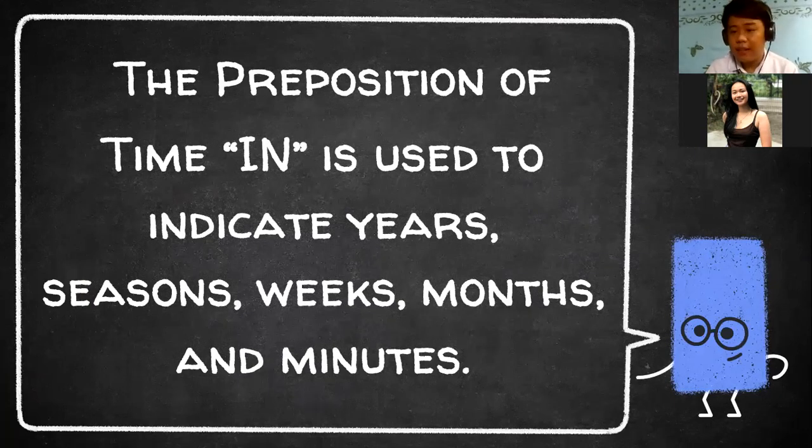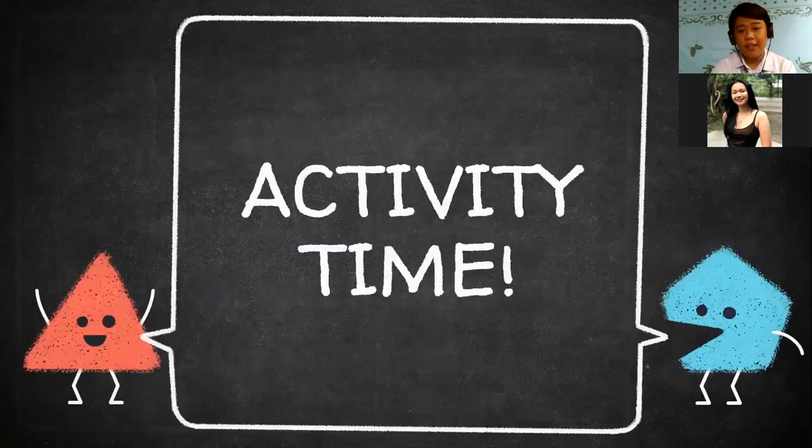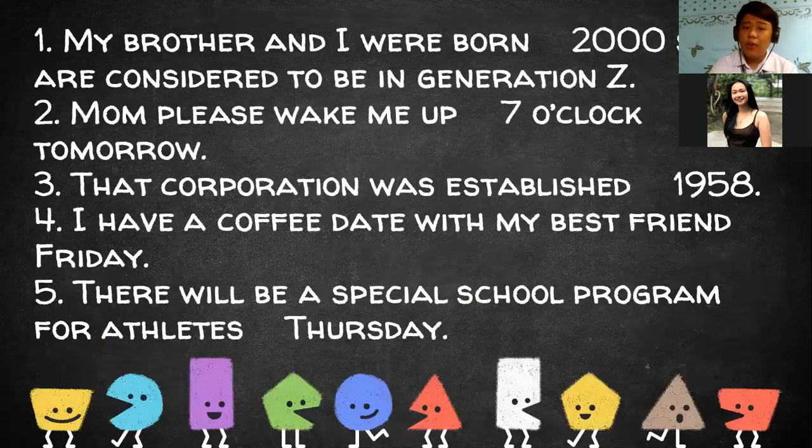Okay, IZ is back. Okay, very good. So let us have our activity. Our activity for today is just a piece of cake, and you can answer it easily. I will be providing questions, and all you have to do is to give the proper preposition of time which is missing in the blanks of the sentences. No need to chat it on our chat box. This is just an oral activity. So can you read and answer the first one, IZ? Now you're back. You lost your connection, but it's okay.